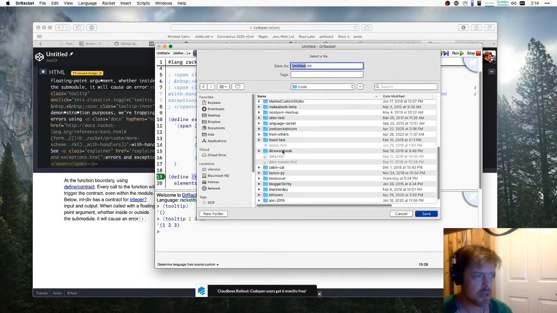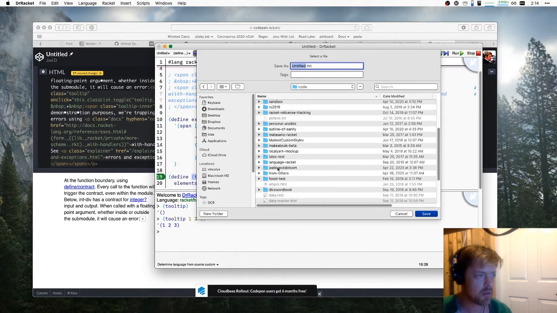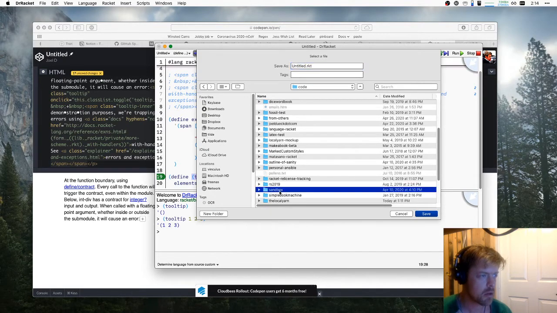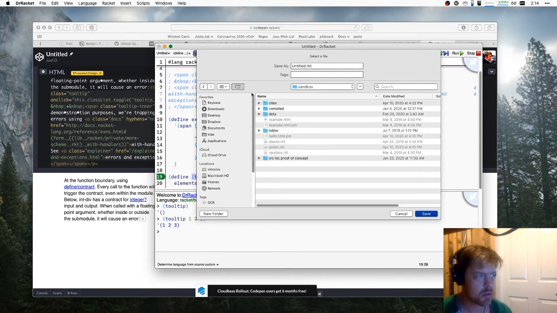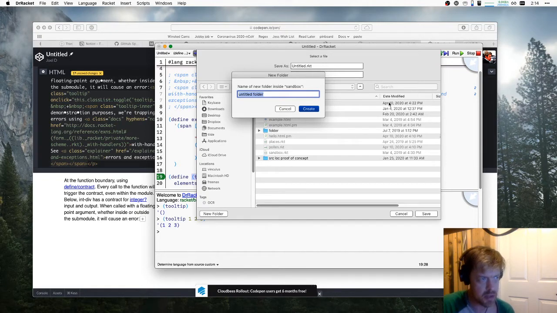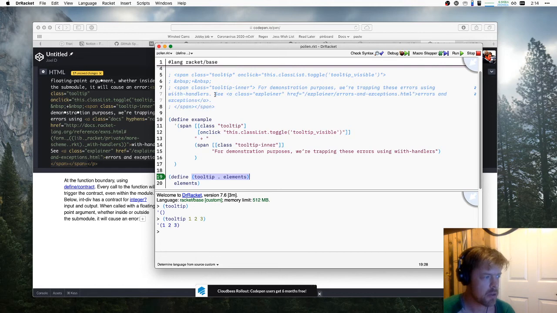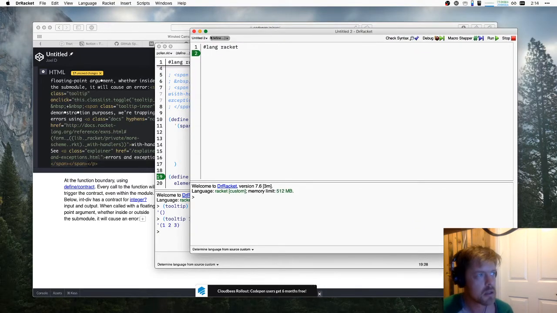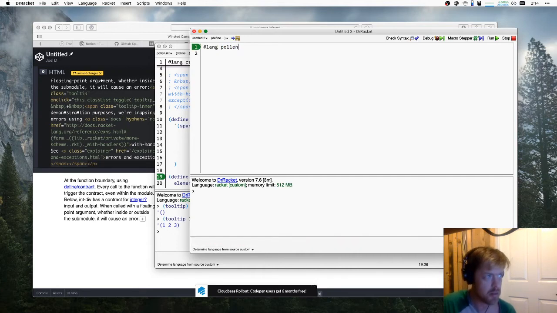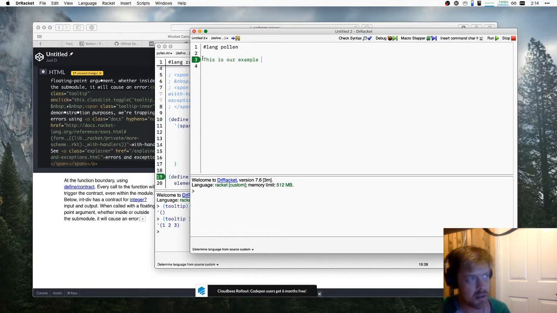I have a sandbox. Where are you, sandbox? There you are. I'll call it tooltip. I'm going to save this as my pollen.racket. I'm going to start a new document or program or file, because the distinction is blurred. We're going to do this lang pollen. This is going to be our example document. You'll notice that the Racket IDE notices the lang line, and it's even highlighting our syntax differently, because it knows that in lang pollen everything defaults to just being a string. So this is our example,